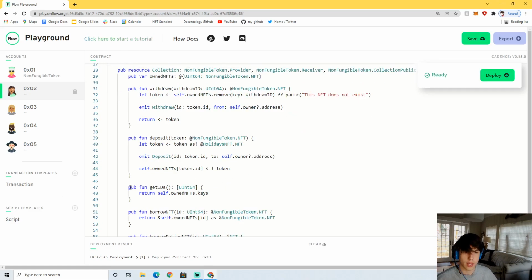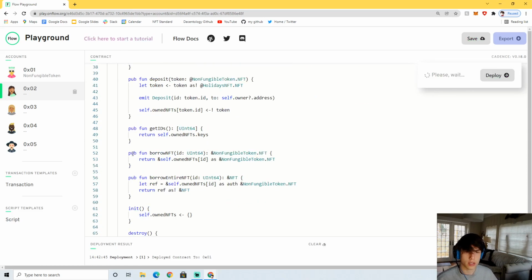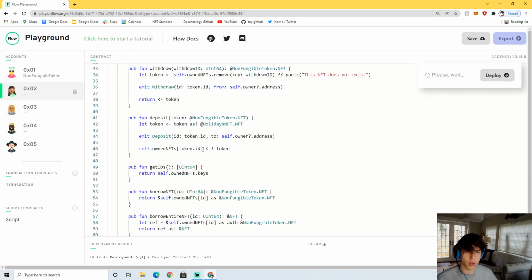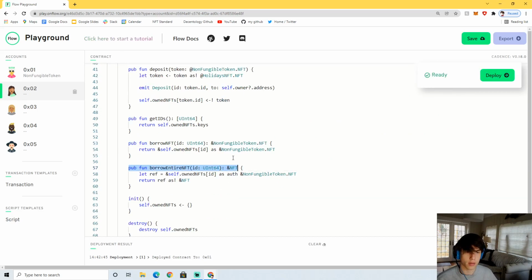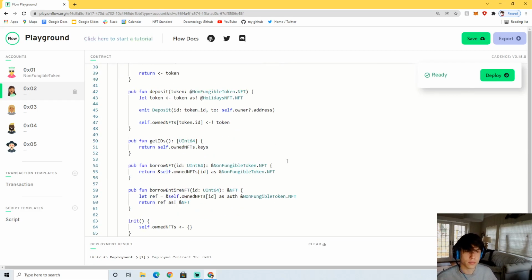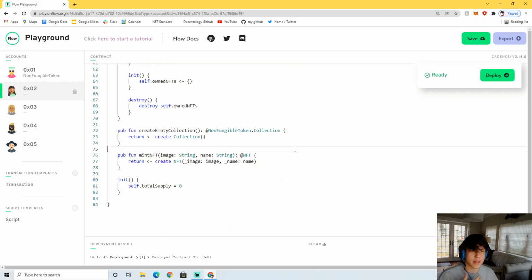Let's go ahead and put getIDs. So we're going to put all the initializations of them here. We want borrowNFT as well, like so. And then we also want borrowEntireNFT. So let's go ahead and put those in there. And now there's no problem, so we're all good to go. All right. So this is going to be the NFT contract we're going to be using to mint our own